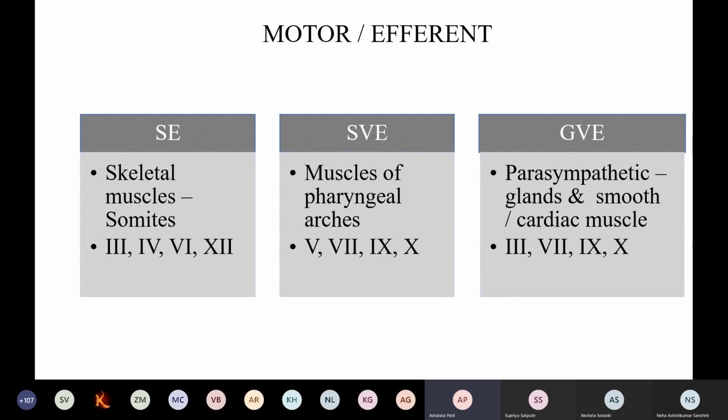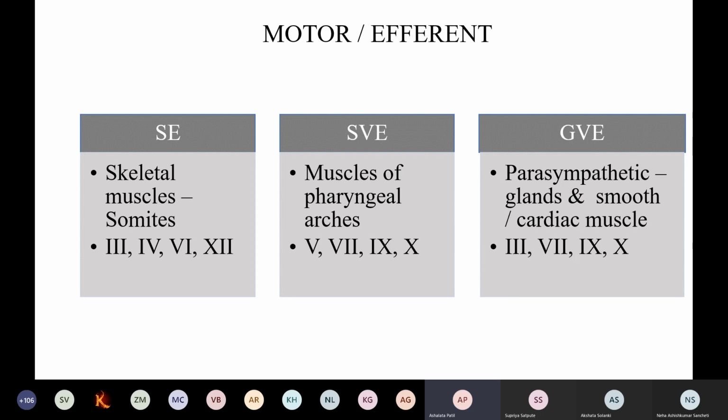Then special visceral efferent, it is called as branchial efferent. These are the nerves which supply the muscles which are developing from the pharyngeal arches. So if you remember, the nerve of the first arch is the 5th, trigeminal, mandibular nerve. Then nerve of the second arch, it is the 7th. Nerve of the third arch, it is the glossopharyngeal. Nerve of the 4th and 6th arch, it is the vagus. So all these nerves will have this component, that is the motor nucleus will be special visceral efferent or branchial efferent.